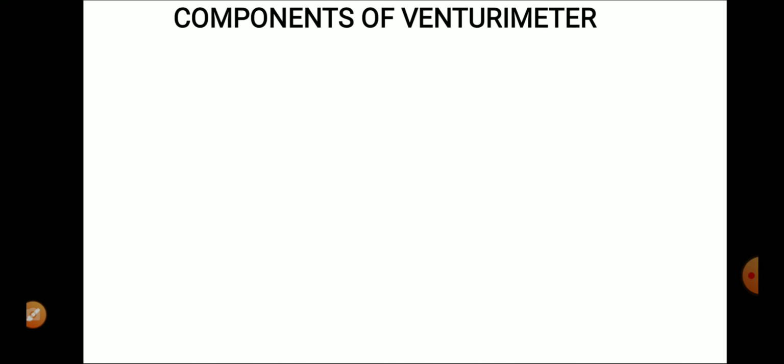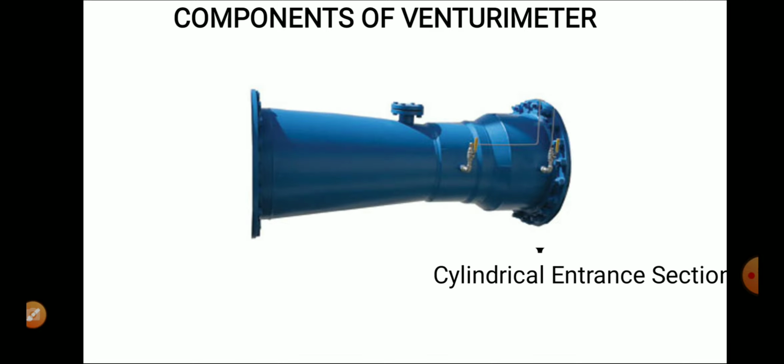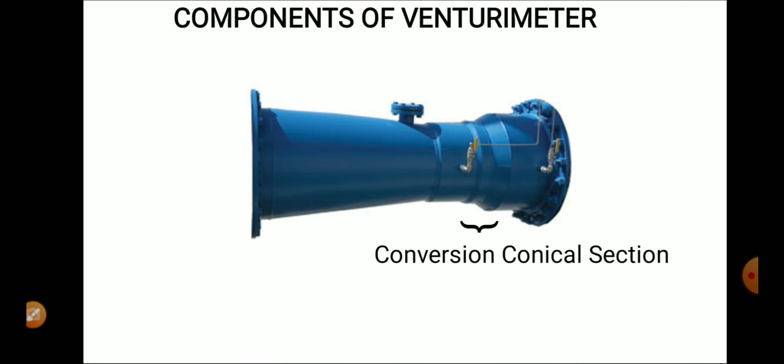Components of Venturi meter. A. Cylindrical entrance section. This is the section having the size of a pipe to which it is attached. The Venturi meter should be preceded by a straight pipe of not less than 5 to 10 times the pipe diameter and free from fittings, misalignment and other sorts of large scale turbulence. B. Converging conical section. The converging takes place at an angle of 21 plus minus 2. The velocity of fluid increases as it passes through the converging section and correspondingly the static pressure falls.